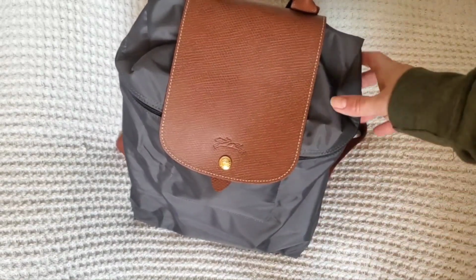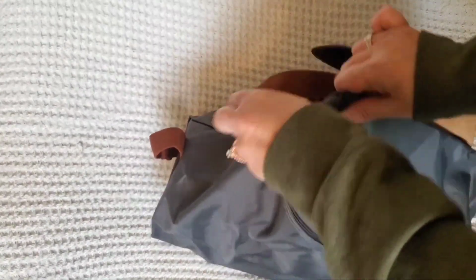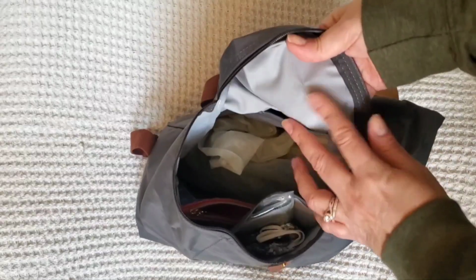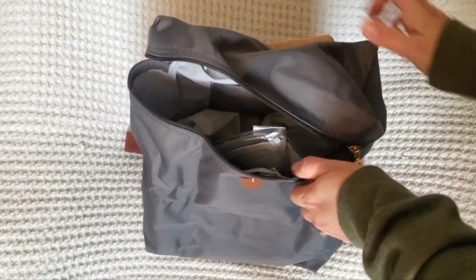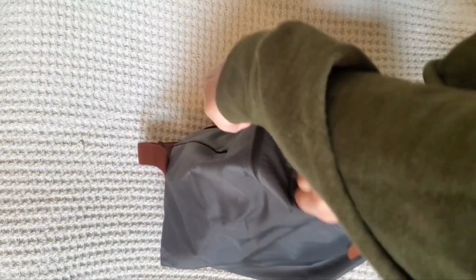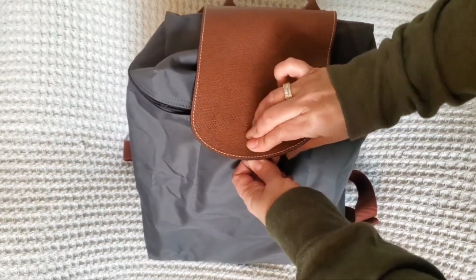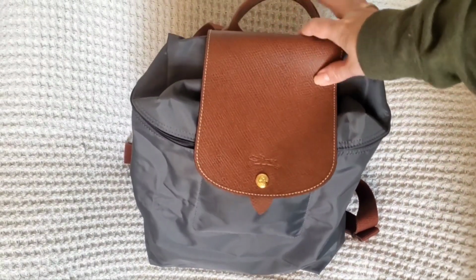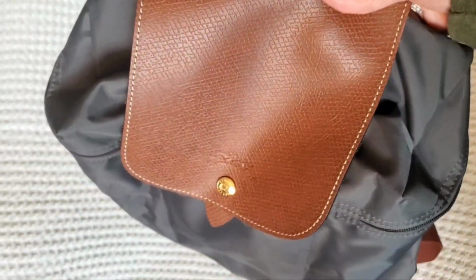I've seen it listed as both because it does have an interior that is lined in kind of a wipeable plasticized material, and so it seems to me that no water gets into it if you carry it in the rain. It does have leather pieces on it, so you do have to be mindful of that, but I think it should be fine because it's the cross grain type of leather. Probably not, I wouldn't carry it in a complete deluge, but if it's just moderately raining, it should be